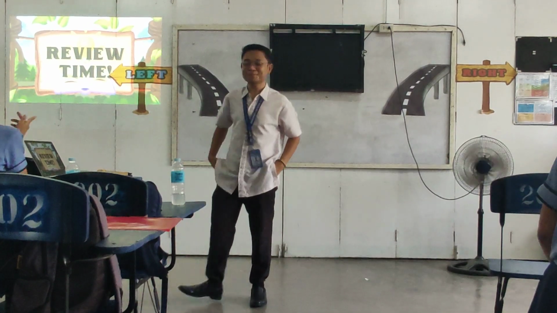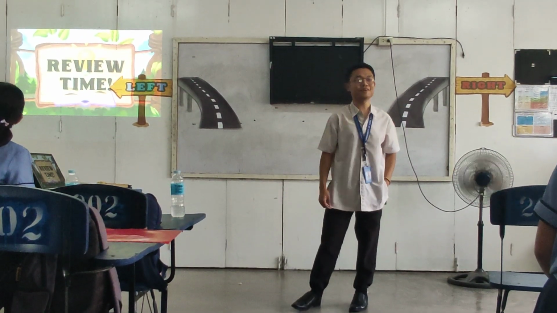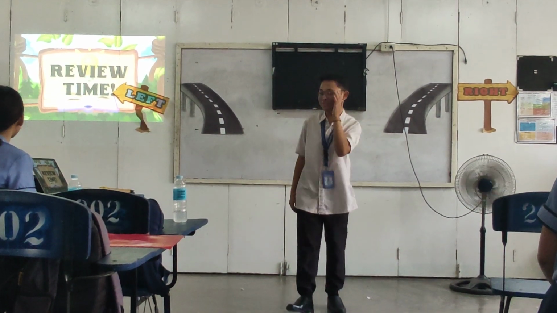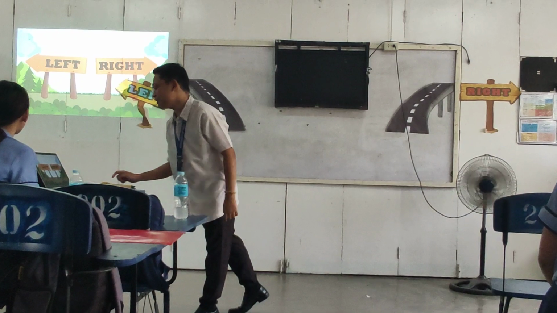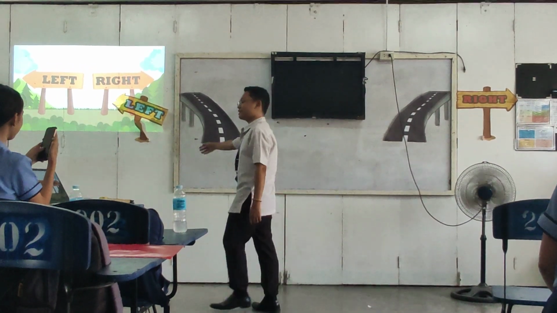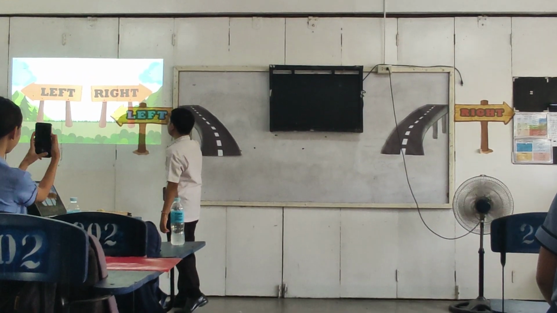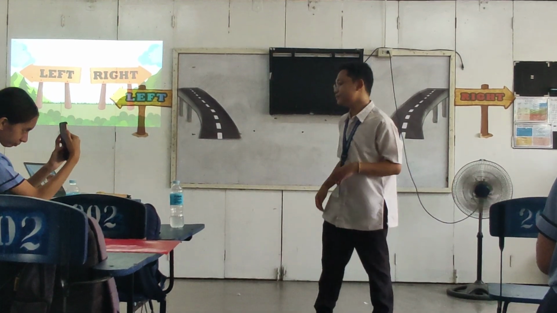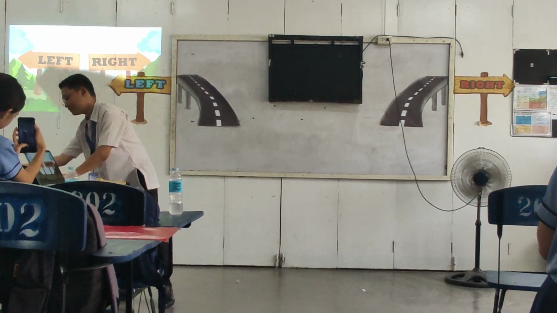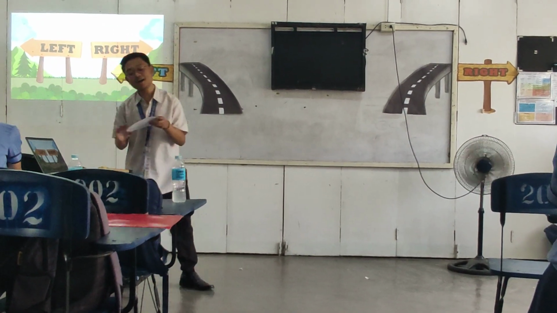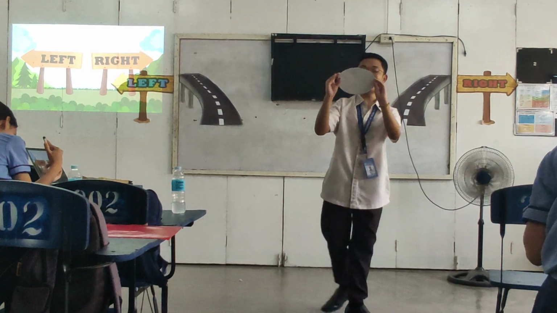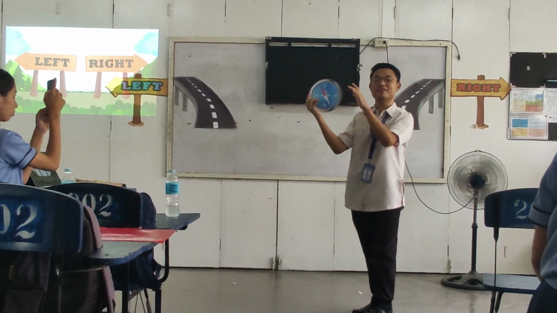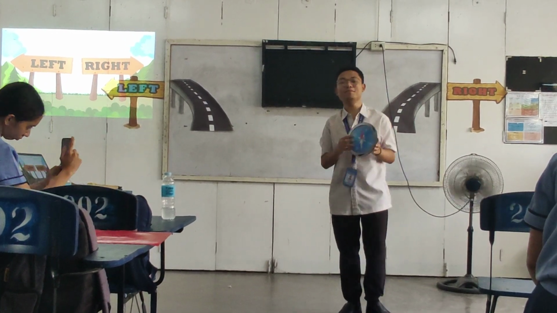So great class, it seems that everyone really grasped our previous lesson about poetry and its elements. So at this point, we are now going to embark on our new lesson. Are you all excited? Yes! As you should. But before that, I prepared a mini game here entitled Left or Right. So this game has basic rules. As everyone in the class can see, I have a big compass here. So the mechanic is just basic.